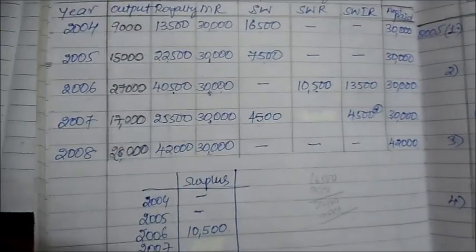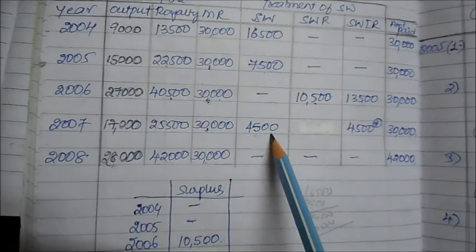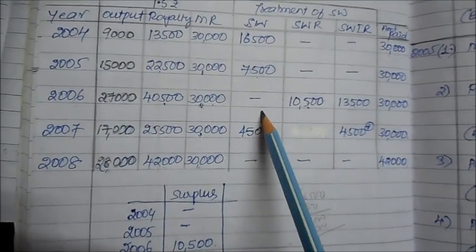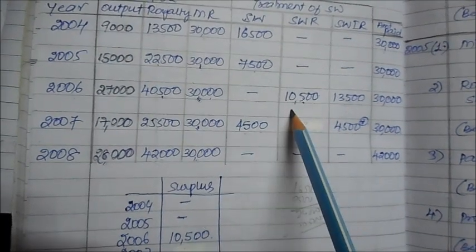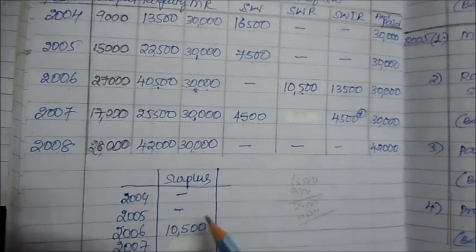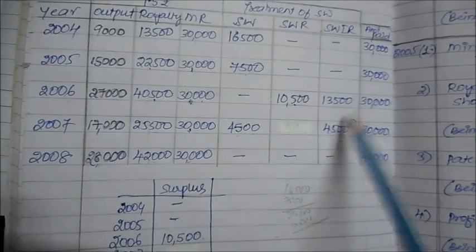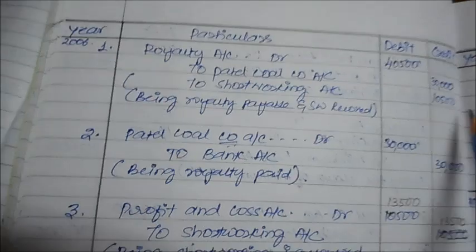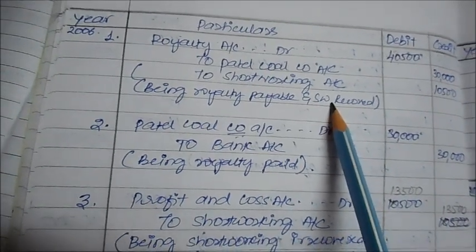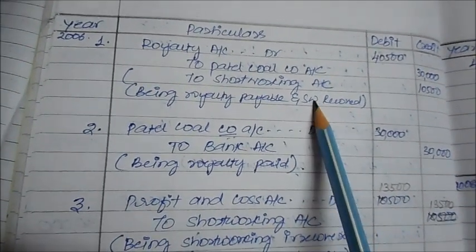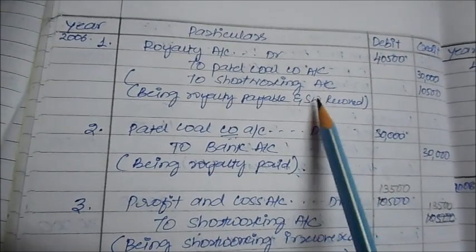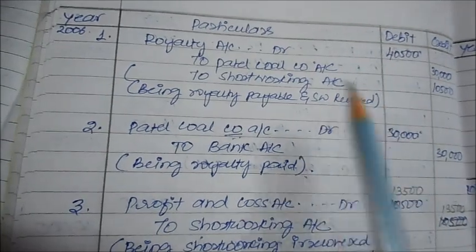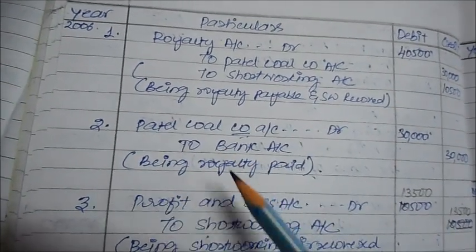Now what exactly does the third one say? It says you will have a surplus, and this particular surplus is recovered and irrecovered. So you have all the three: surplus, recovery, irrecovery. So how exactly will this be seen? Whenever we have the option of surplus, what exactly will be the journal entry, and when do you have surplus? Whenever royalty is more than the minimum rent, or oppositely minimum rent is less than the royalty.